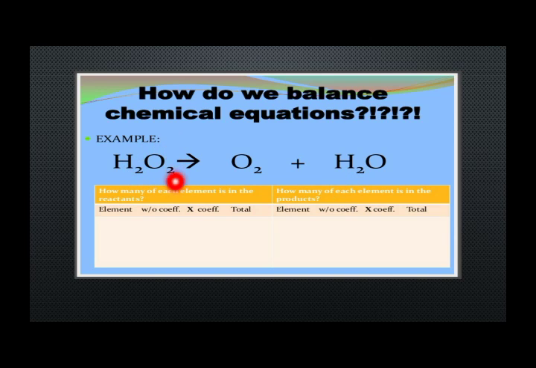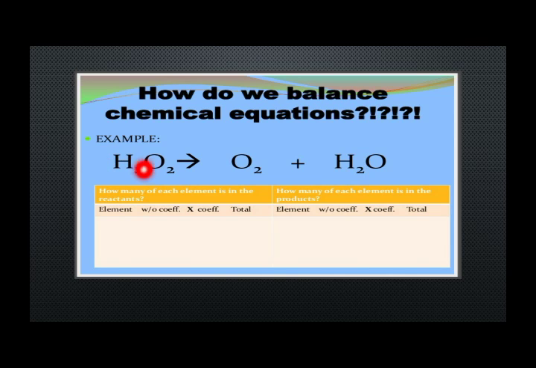Now here you can see that 2 oxygen atoms are present over here, while here you can see 2 oxygen plus 1 oxygen means 3 oxygen atoms are present over here. So here the oxygen atoms are not balanced between the reactant and the product. So what we are going to do, we have to add oxygen over here. How are we going to add? The rule of adding any number is that you can add only the digit over here on this place. So you are going to write 2 over here.